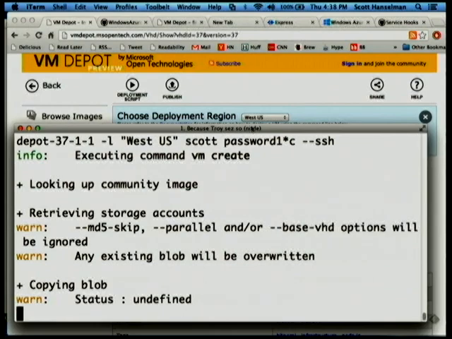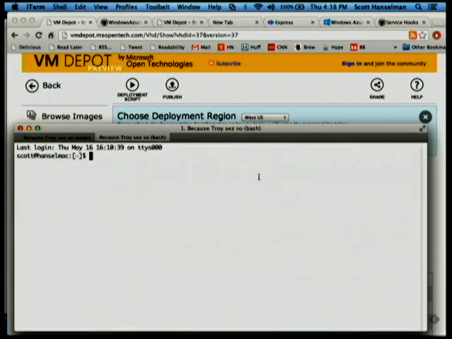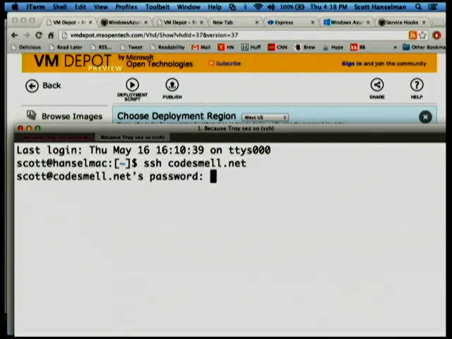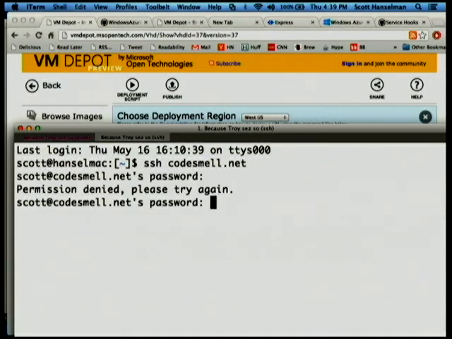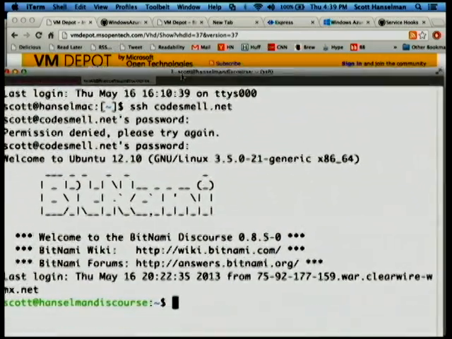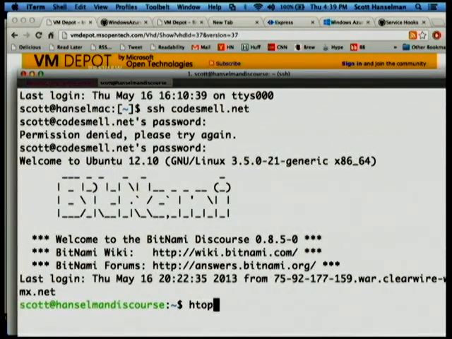I went and made one ahead of time, because that'll take 5 or 10 minutes. It's like 30 gigs, so it'll take some time. So codesmell.net is one of my instances. It's one of the 40 domains that I have bought, each one representing not only a really great startup that I never started, but also my own personal failure.